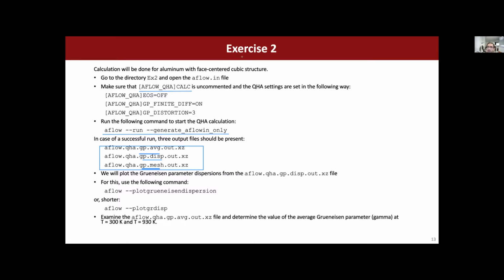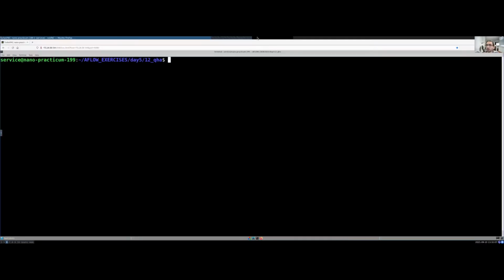And you can use either a long command, plot Grüneisen dispersion, or you can use a shortened version, plot curves. And I encourage you to open an out file and just examine it by yourself. I will go over and show you the exercises. So in the first exercise,